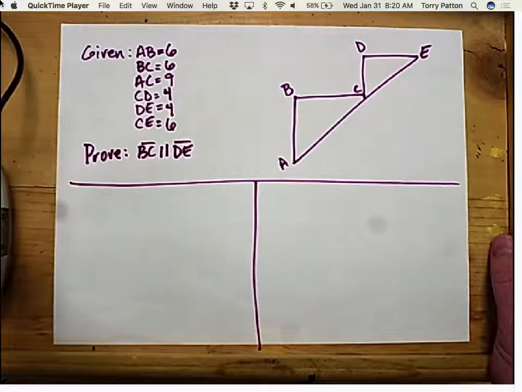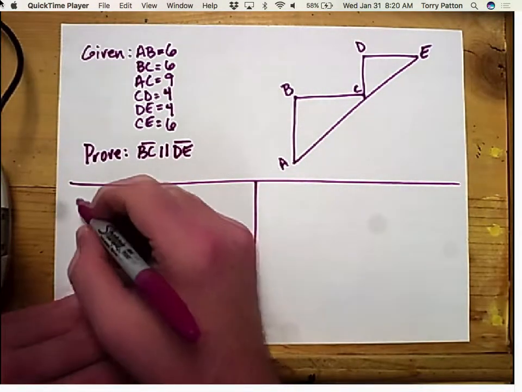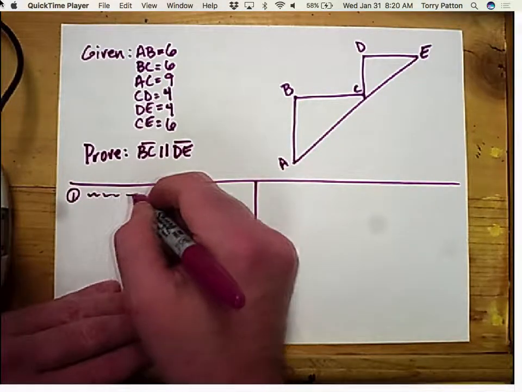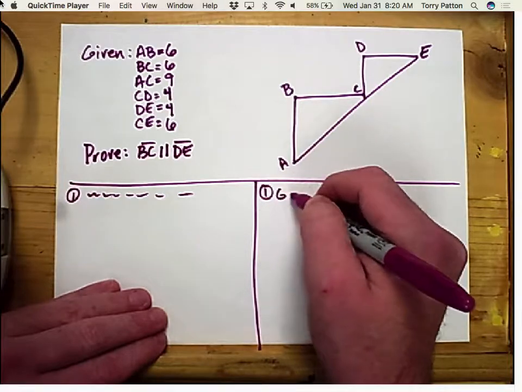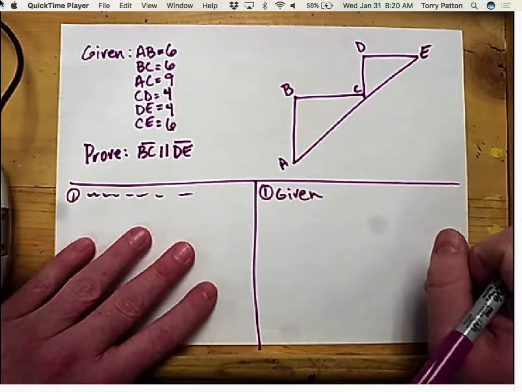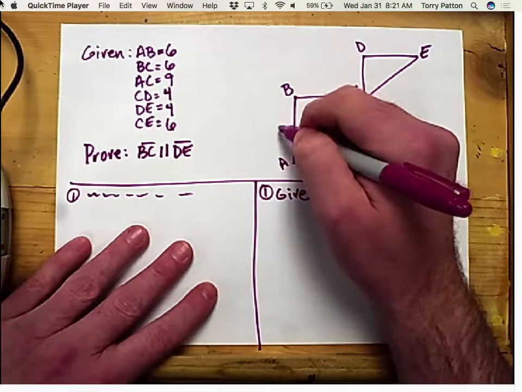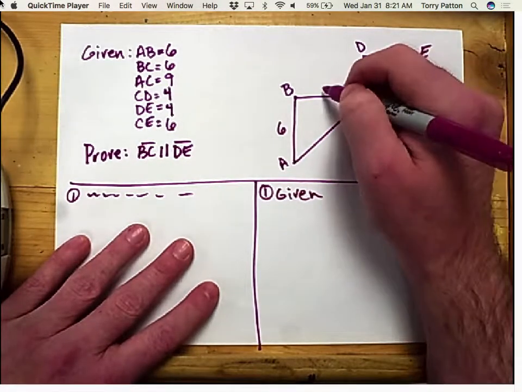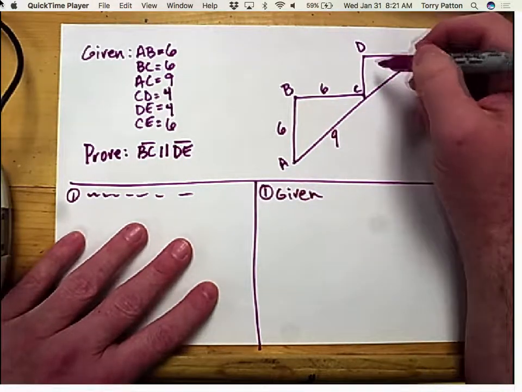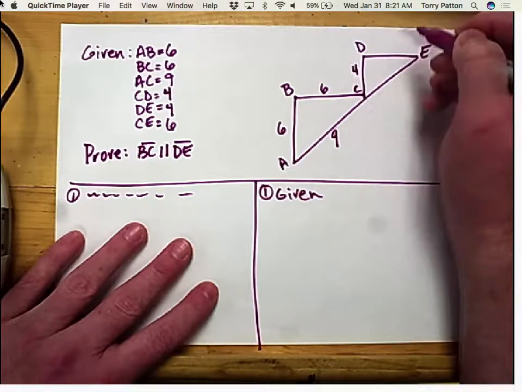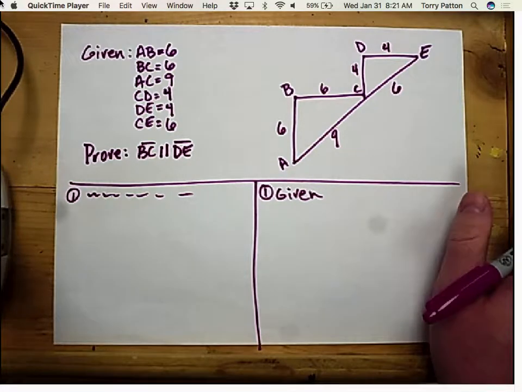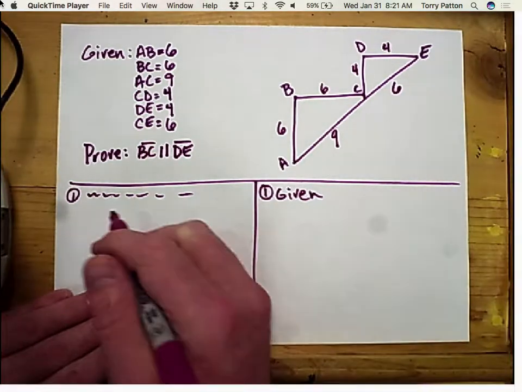Okay. So to save time, I'm just going to write all the givens and just call that given. But pretend I wrote all those things. All right, so let's write it. So AB is 6, BC is 6, AC is 9, CD is 4, DE is 4, CE is 6. Okay. Well,